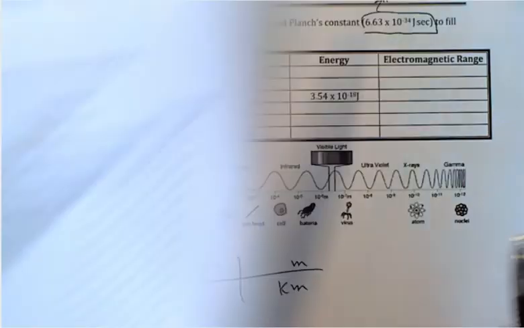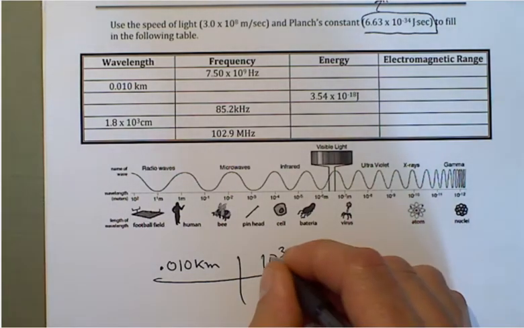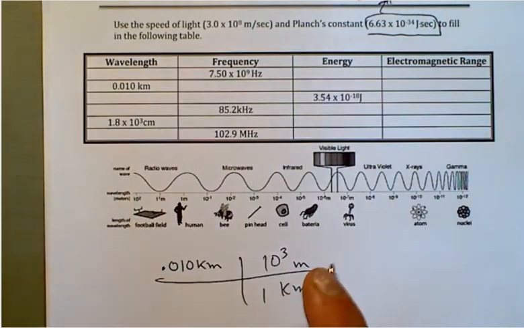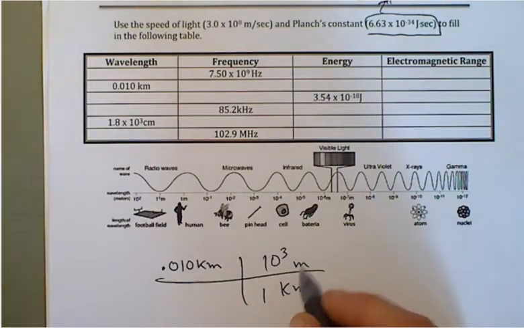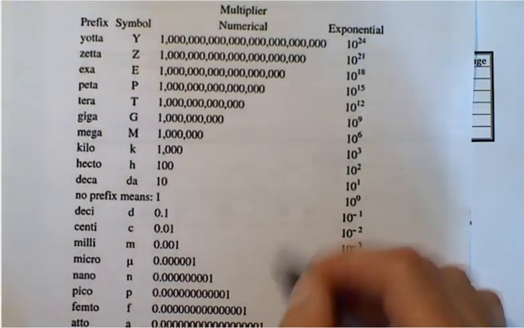So we got no prefix on the first one, and so I have 10 to the third and 1. Remember, you just count the powers of 10 separation, put it with the smaller one. So how do you know which one's smaller? Well, the one that's lower is smaller on the list.